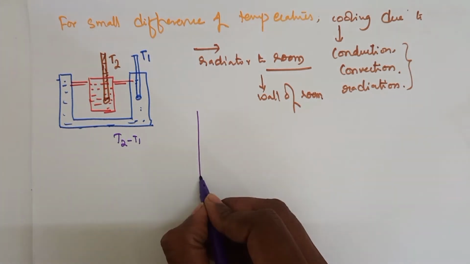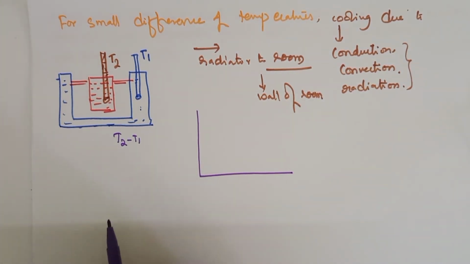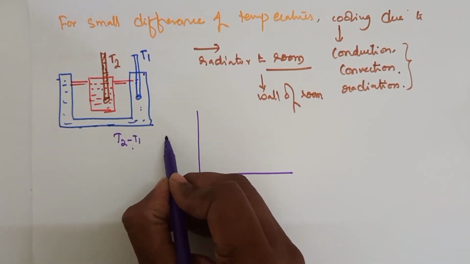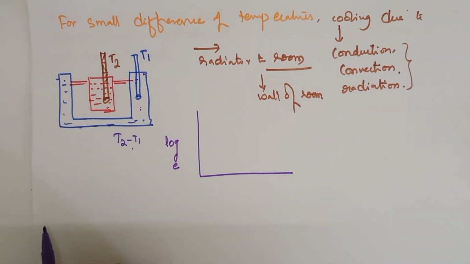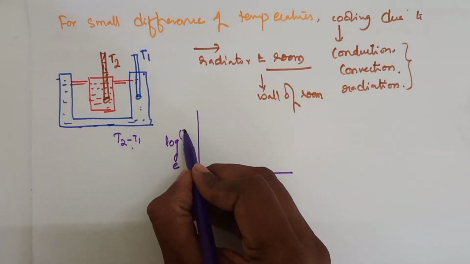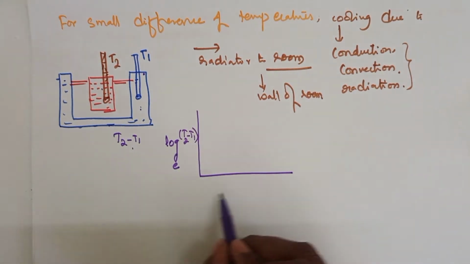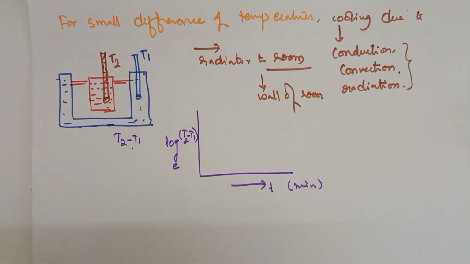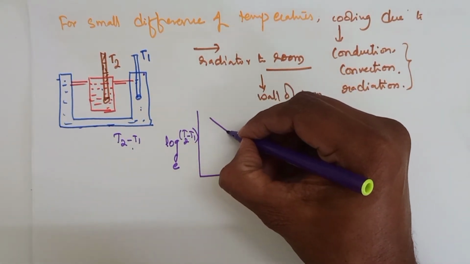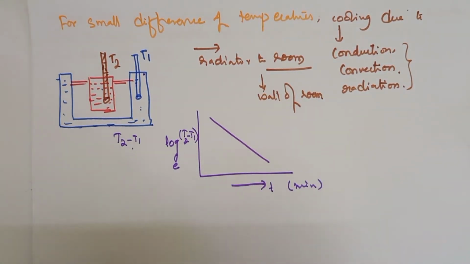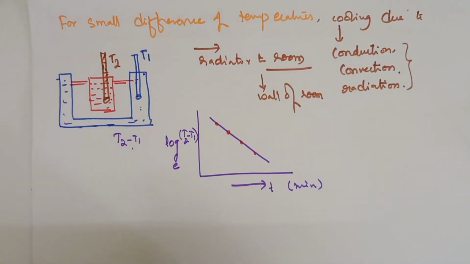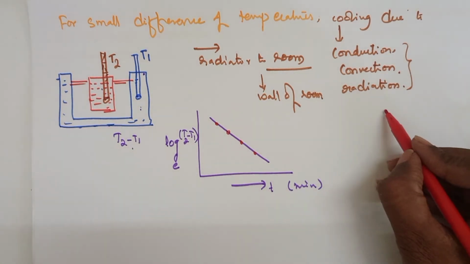Now consider a graph. So this is a hot temperature, slowly falls down. This is the surroundings temperature, the difference is there. You can consider the logarithm, ln of base e, like ln of T2 minus T1, and time which is taken in minutes, let us say, because the readings were noted for every minute. So this is the graph which is having a negative slope throughout this cooling here. Now earlier, before Newton's law of cooling, what was said, there is a negative slope here.